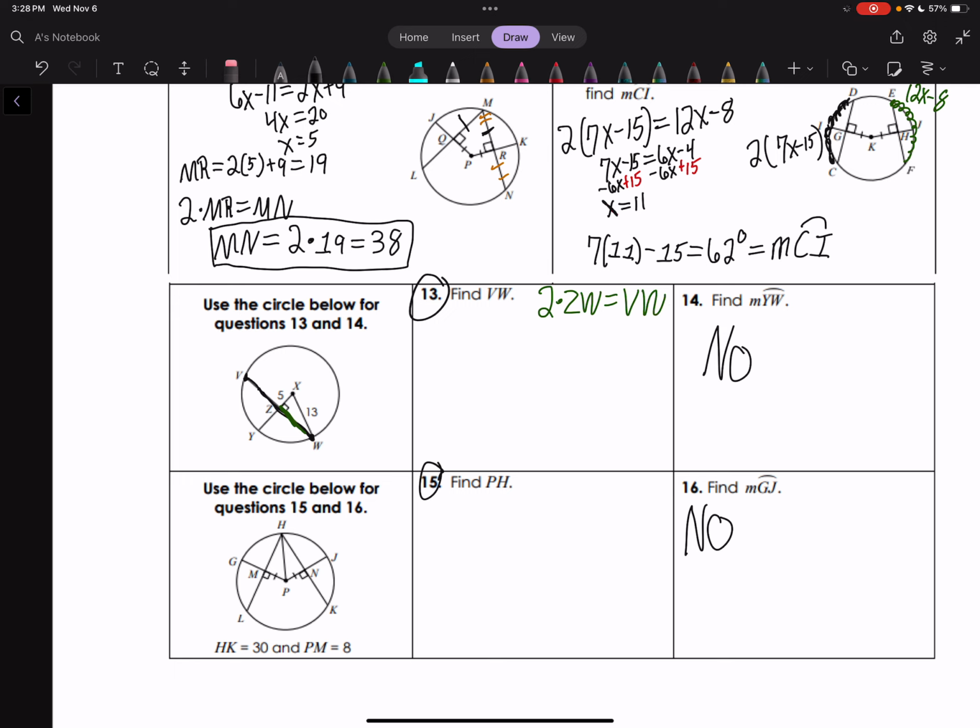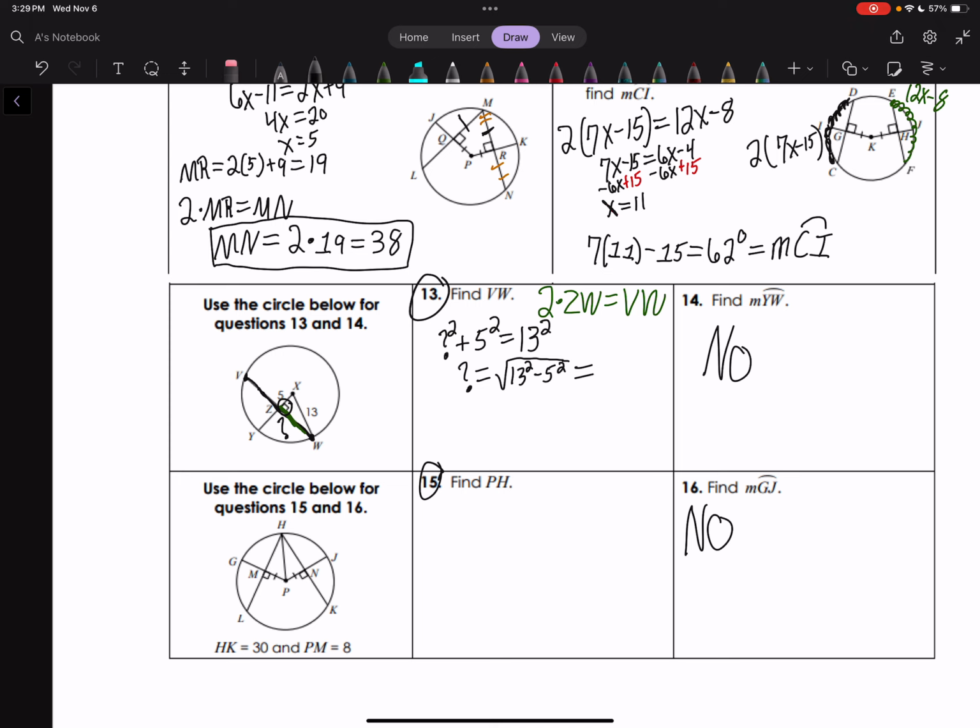All right, I want you to notice I have a right angle there. So I'm going to use the Pythagorean theorem. I don't know what this side is, so I'm going to put a question mark. Pythagorean theorem: the sum of your side squares, so question mark squared plus 5 squared, is equal to your hypotenuse squared. Hypotenuse is always across from the right angle. So I'm going to get question mark is equal to the square root of 13 squared minus 5 squared,